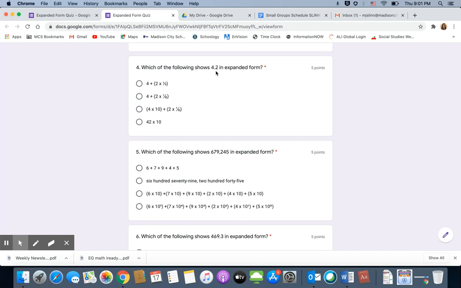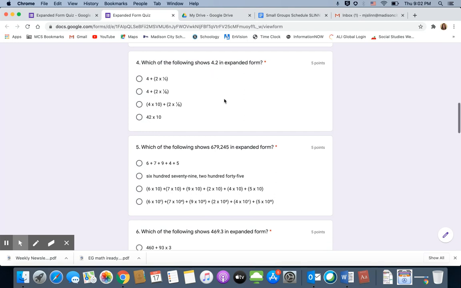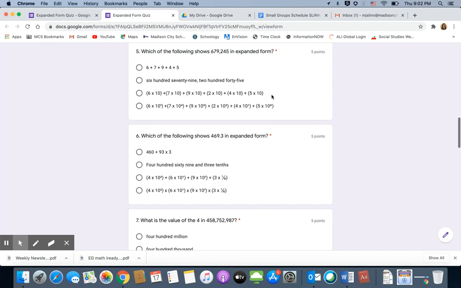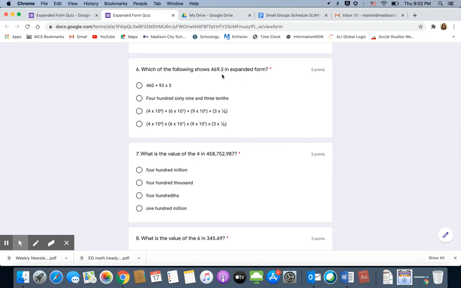So again, this number, 4 and 2/10. Keep your place value chart handy with you while you're taking the quiz. If you're not sure how to read the number, put it in your place value chart. And then again, look for an answer choice that's obviously wrong, that makes no sense at all. And then also ask yourself which of these fraction forms correctly represents this decimal amount. Okay, this one should be pretty easy. Here's another one with a decimal,